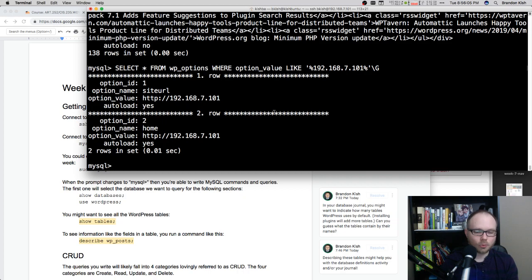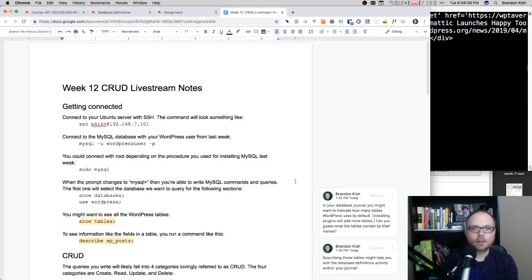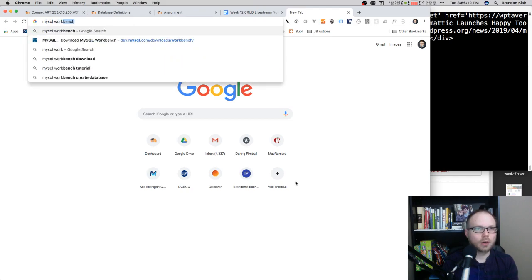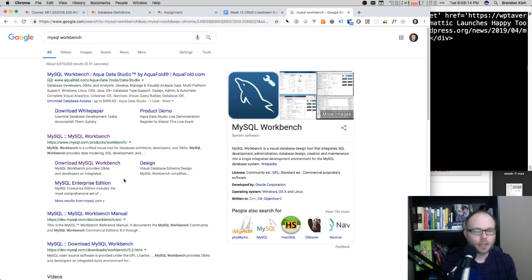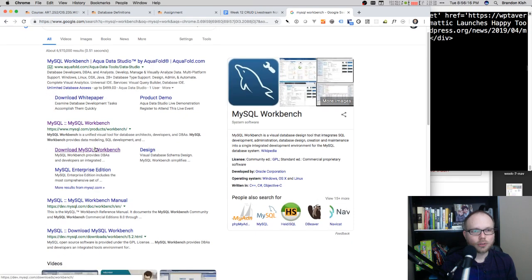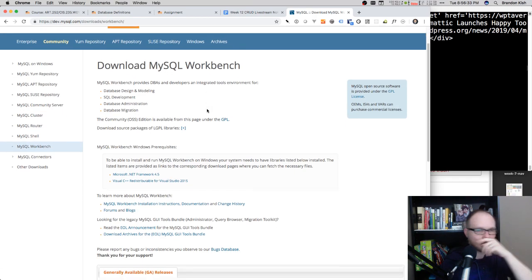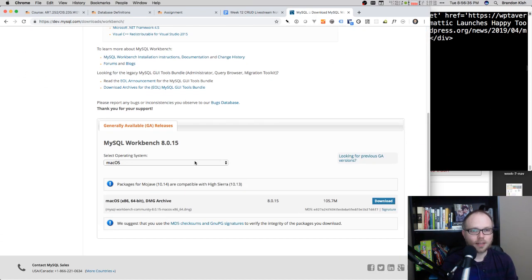I would recommend that we stay in this mode for now, but I did want to tell you that yes, there are graphical tools, and there's one that's very popular for MySQL because the MySQL people make it. It's called MySQL Workbench. I am torn on whether I should put the links in Moodle because I don't want you to use this if you get caught with it not working. I'd rather you just use the command line yourself. And I actually ran into problems with this when I went to download it. The computer that I'm using for live streaming is not able to run the latest operating system of Mac OS. So I actually had to go find an old version to download.